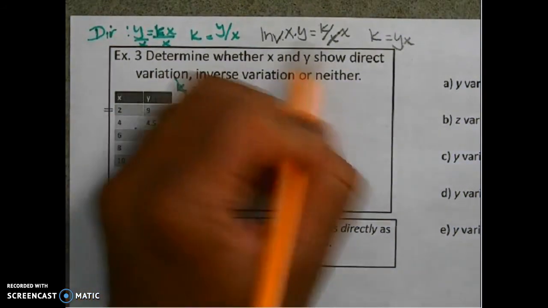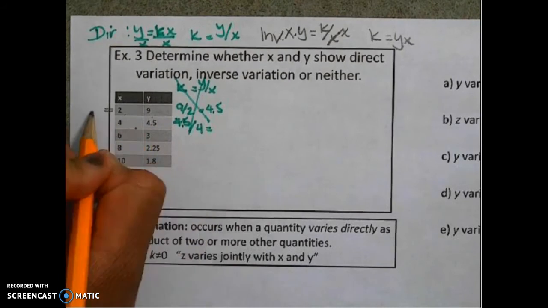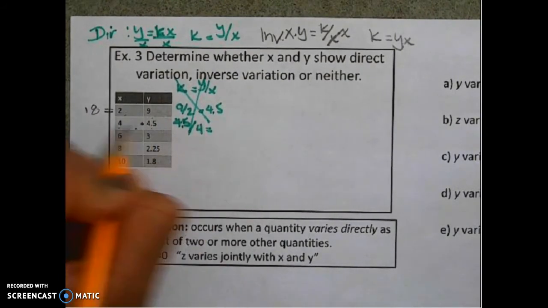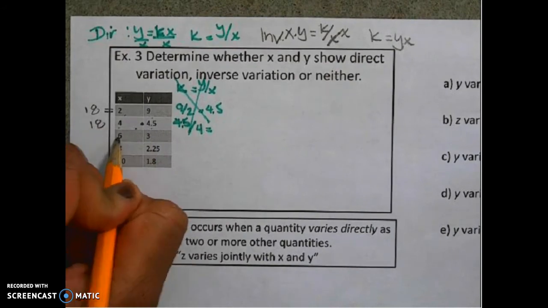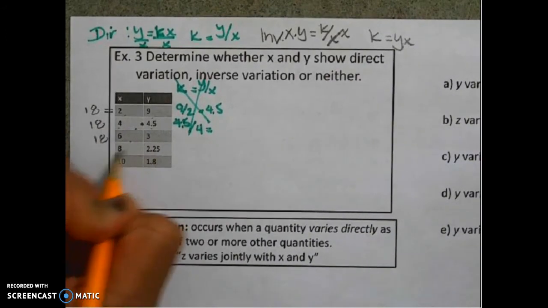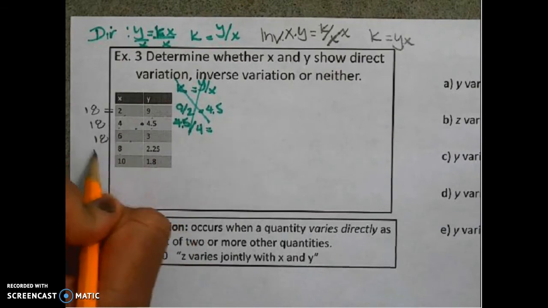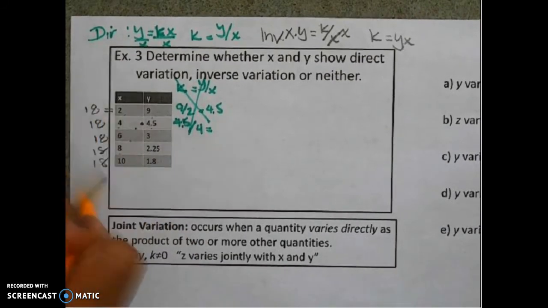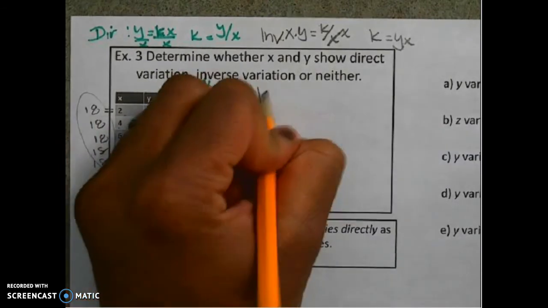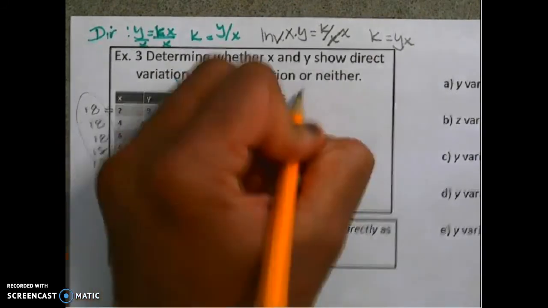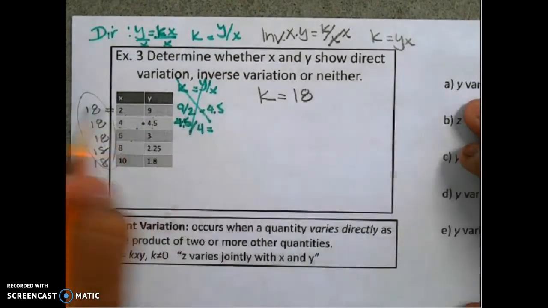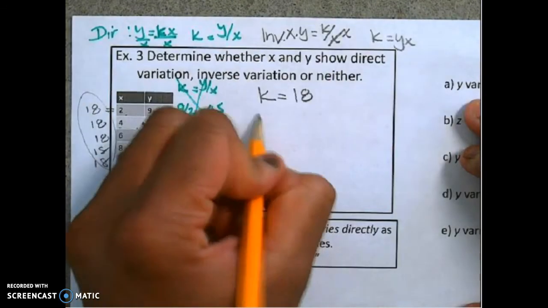of inverse variation. 2 times 9 is 18. What a coincidence. 4 times 4.5 is also 18. 6 times 3, 18. Looks like we have a winner. 8 times 2.25 is 18, and this is 18 as well. So my constant of variation is 18 because it was constantly 18, and my equation for inverse variation is y